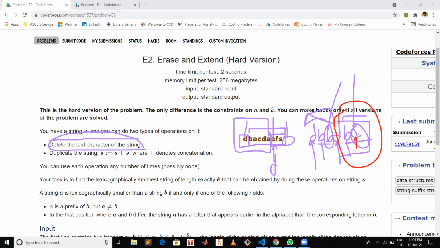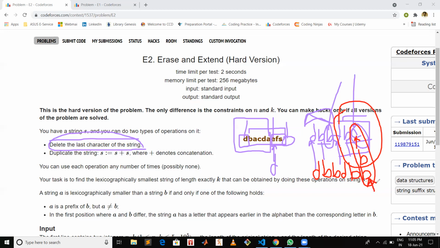The position where you previously had C is B, which is smaller than this C. So in that case you can delete that part, and after deleting you will have this part remaining, and if you concatenate this part it will become D B B. So after doing this you can see the character at this position is smaller, so you are getting a lexicographically smaller one.